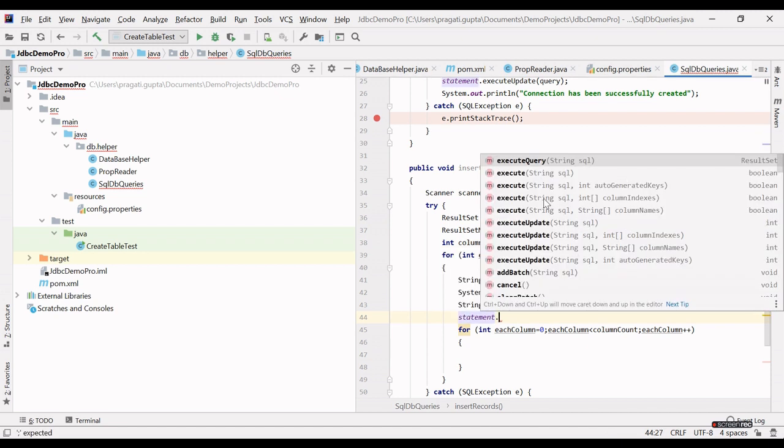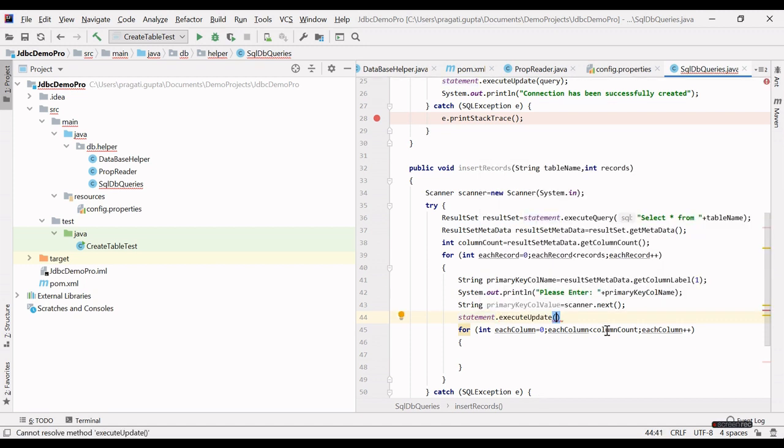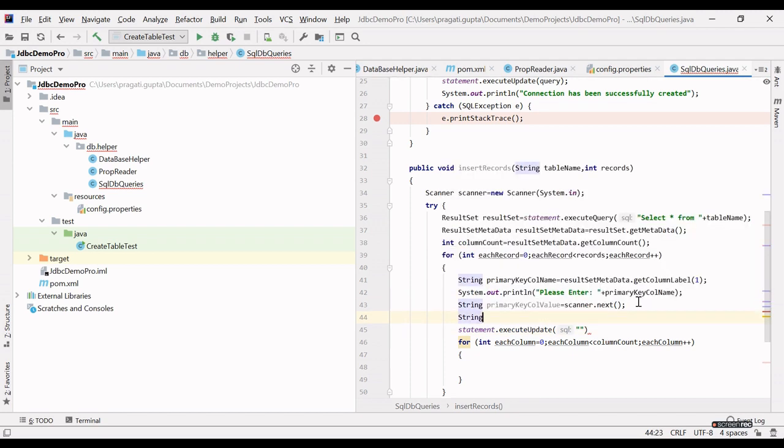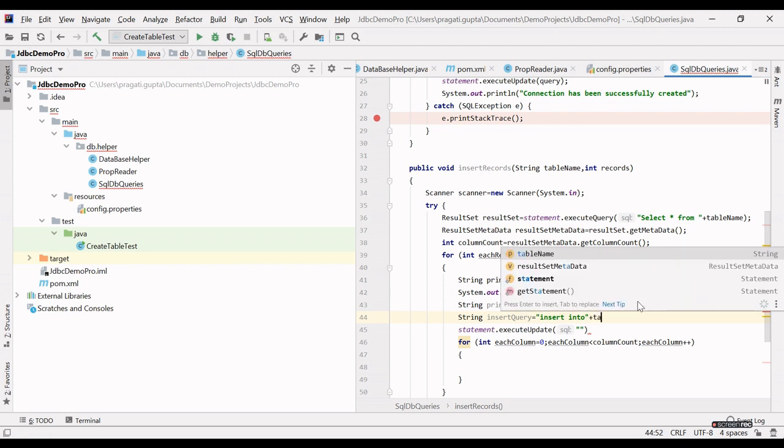With statement object, what we will do, we will execute update query to insert records. So how we can insert the record in this table? First I will create a query for this. This is the insert query, right? Insert into table name.